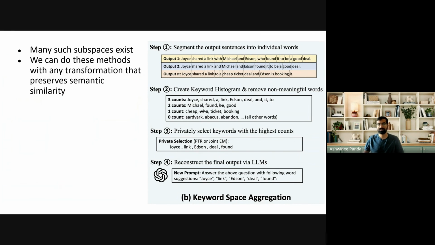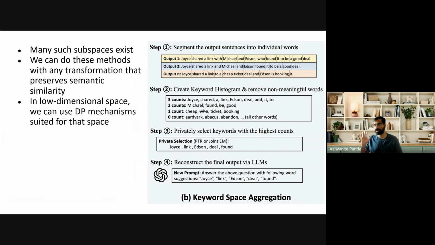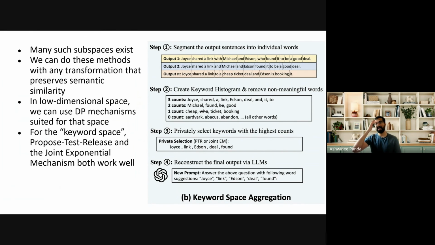So in the keyword space, we can use whatever mechanism we think is appropriate. We compare the proposed test release mechanism and the joint exponential mechanism. Both of these work well, and they have their own trade-offs. And one takeaway, I think, is that we look at a couple of different spaces,